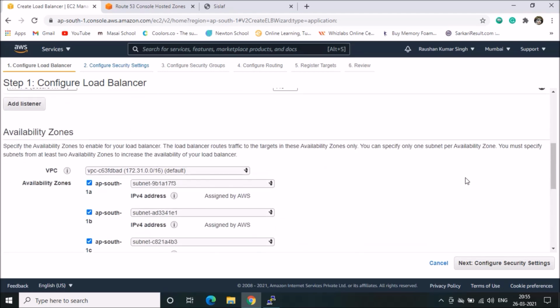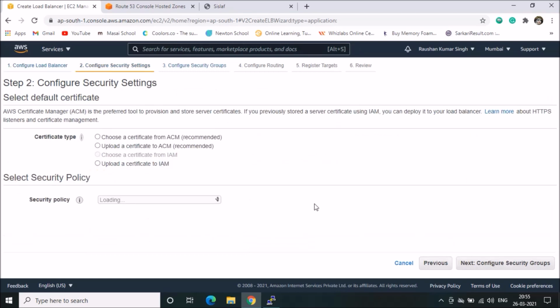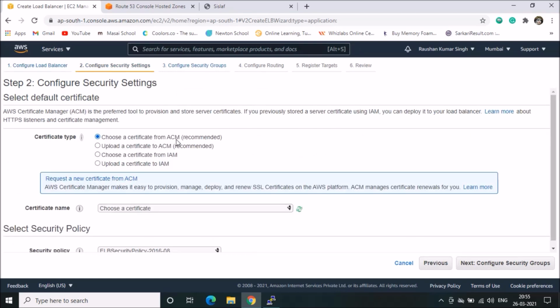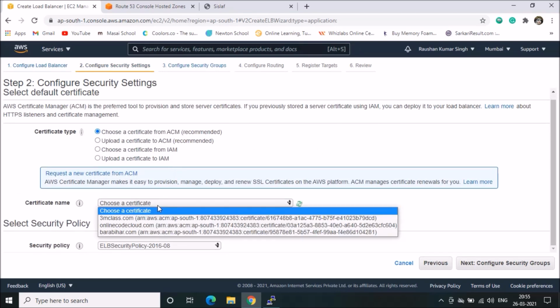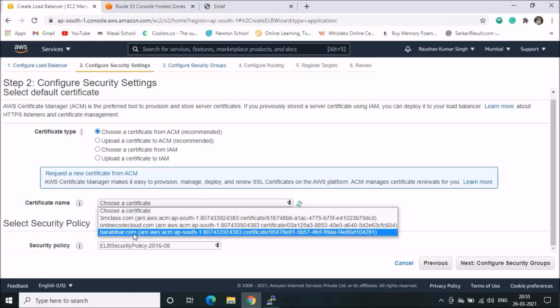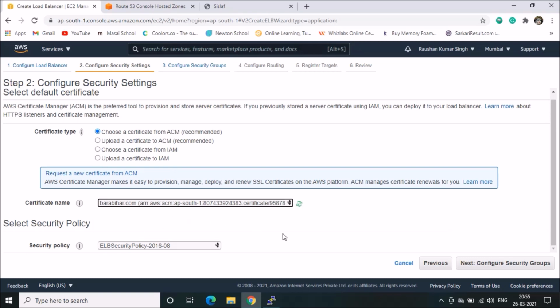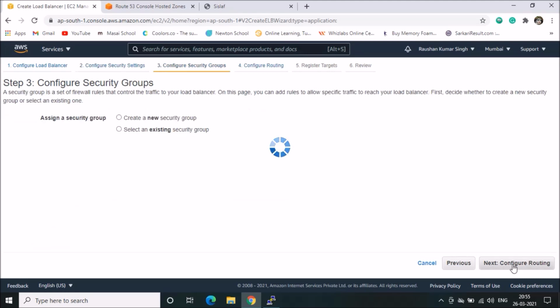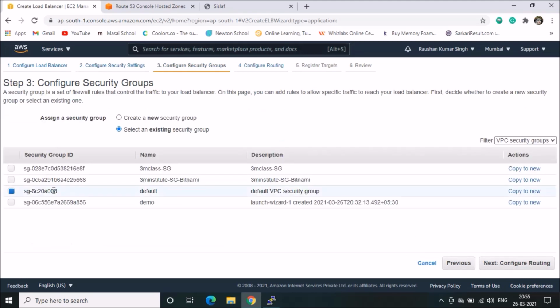Then next, configure the certificate. We will select from the drop down and take the Barabihar certificate. Then next, configure the security group. We will take the security group already created for the instance.